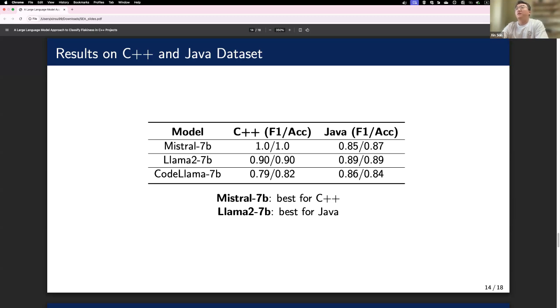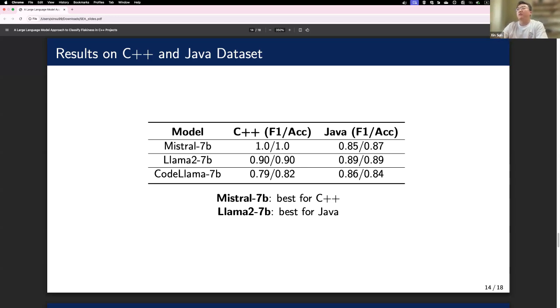Furthermore, the differences in syntax and semantic rules between C++ and Java might also explain the variations in our results.